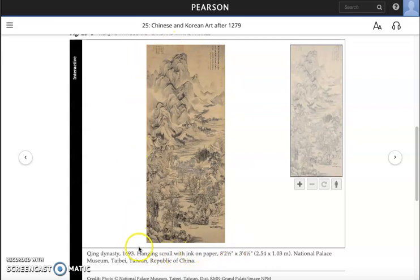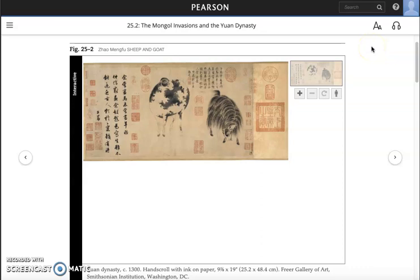We will learn to see how these kinds of paintings with poetry and calligraphy are statements of personal values. They are poetic responses to nature, and they are also political in subtle ways. So one of the things that's very central and fun about this chapter is the work of developing your eye so that you can look at a painting like Zhao Mengfu's Sheep and Goat around 1300 and figure out a little bit about what the artist is saying about himself, about his world, about where he fits